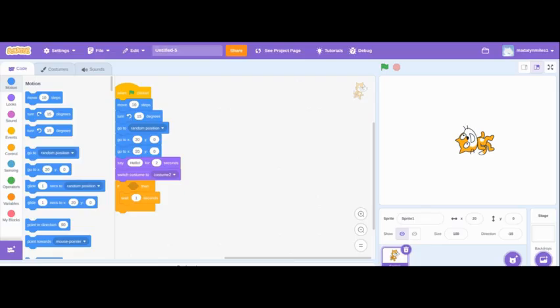So first, start with creating your project by pressing create at the top of the page once you're in Scratch. You can search Scratch in Google. You can also type out scratch.mit.edu and you're going to find this page there. And so now that you're in Scratch, you're going to